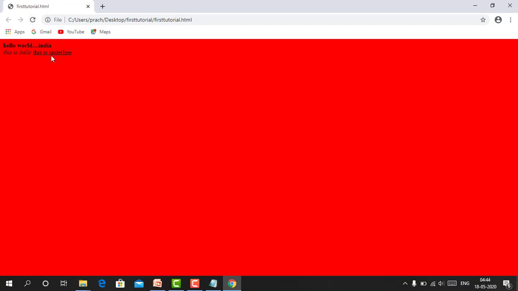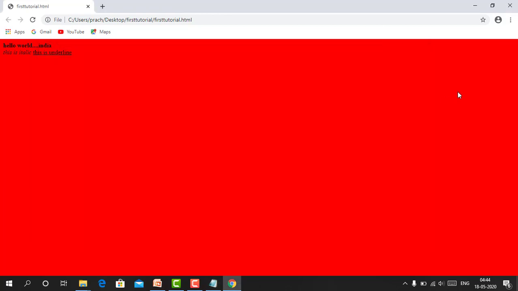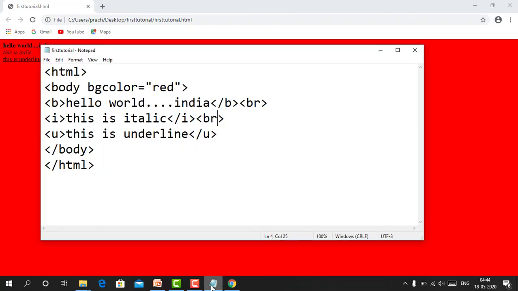Again we want this on the next line, so you can use the paragraph tag as well as the break tag. I will use the break tag. Control S. Again refresh this. Okay, this comes on the next line. Now bold, italic and underline are done.